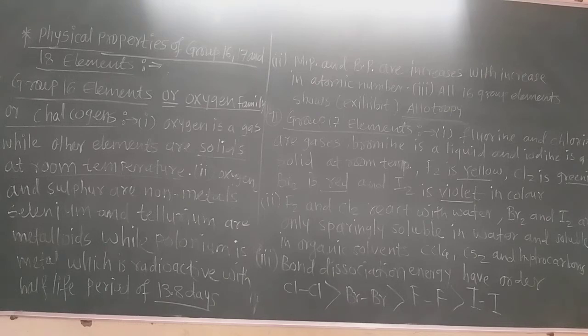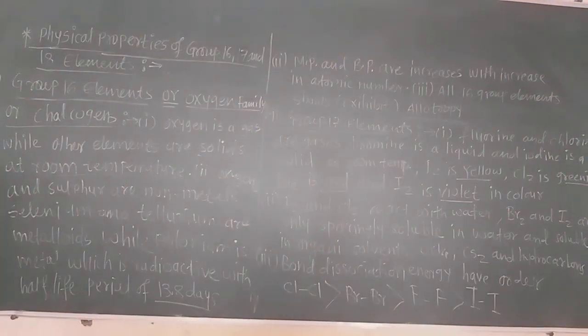For example, sulfur has the allotropes rhombic sulfur, monoclinic sulfur, colloidal sulfur. Now these are the allotropes of sulfur. And selenium and tellurium also show allotropy. You know that allotropy is nothing but having the same chemical properties. They are different forms of the same element. Only the appearance, that is, the looks, is different in allotropy.